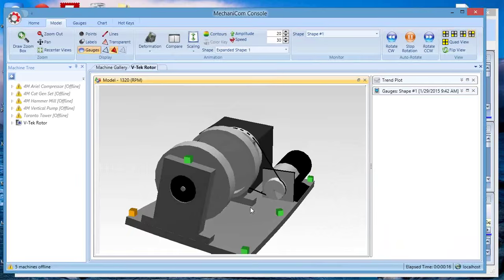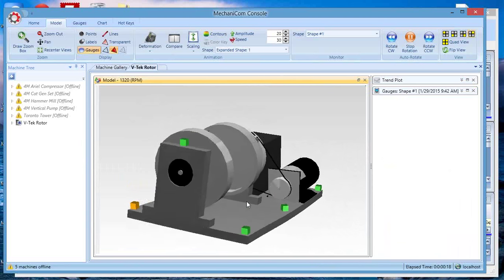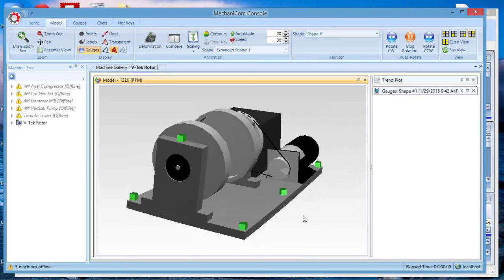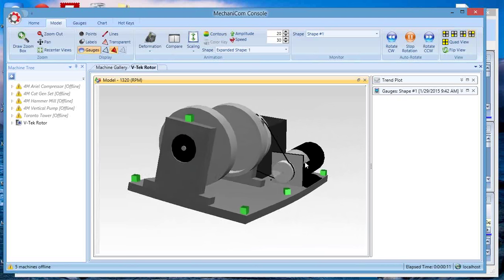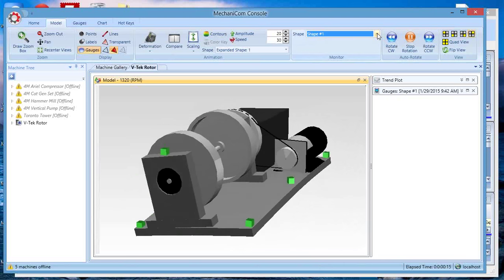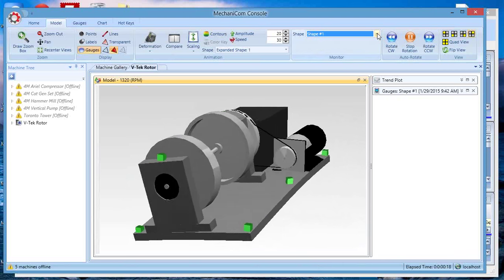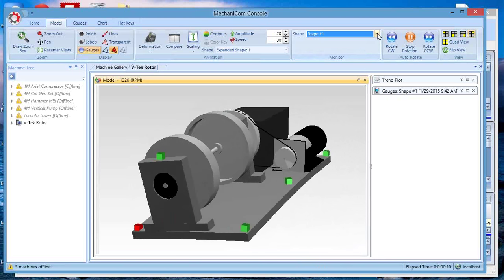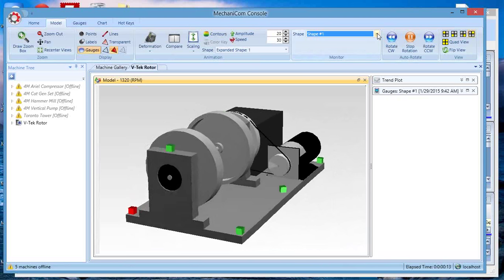If you were doing operational modal or you were tracking multiple orders in ODS, there's a drop-down menu there at the top, and you could change the order that you wanted to view the animation for. If, like I said, you were tracking the first 6 or 8 modes of a machine or a structure, and you were doing operational modal, you can go there and change the mode shape and look at the mode